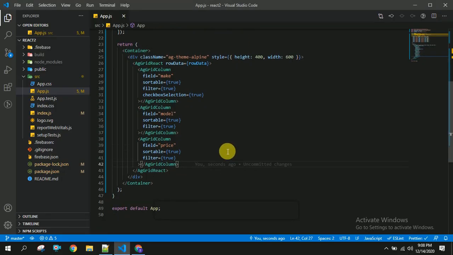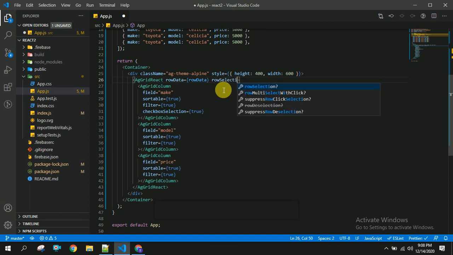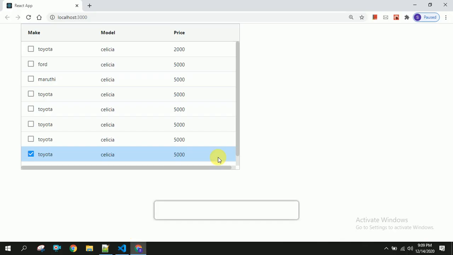Here I am going to use something called rowSelection equal to multiple in this AG Grid React. Once you save this, let us check in the browser.